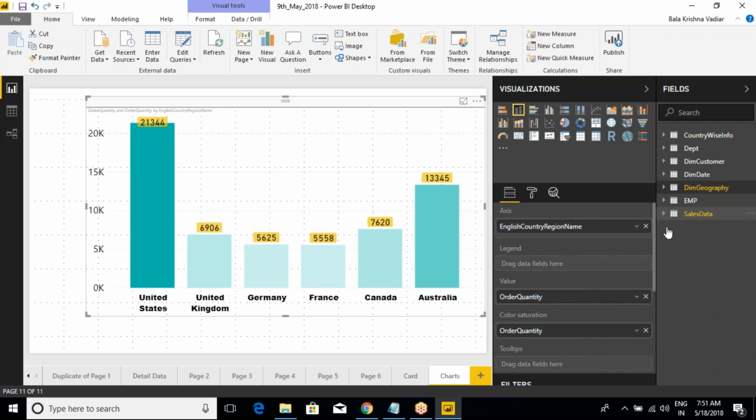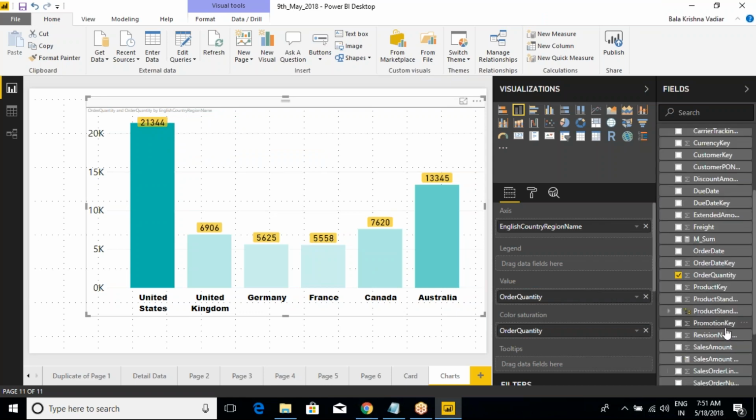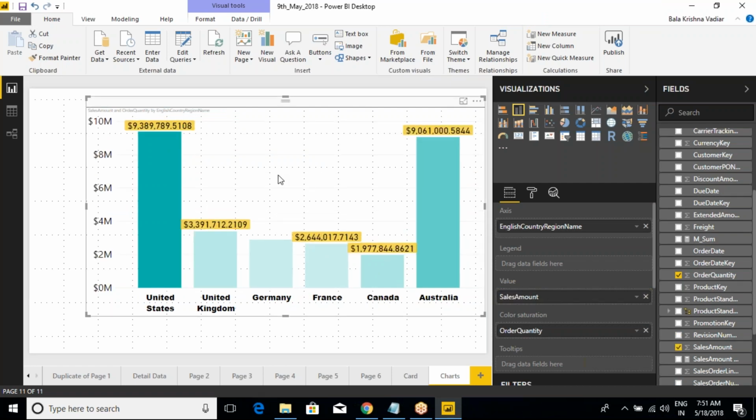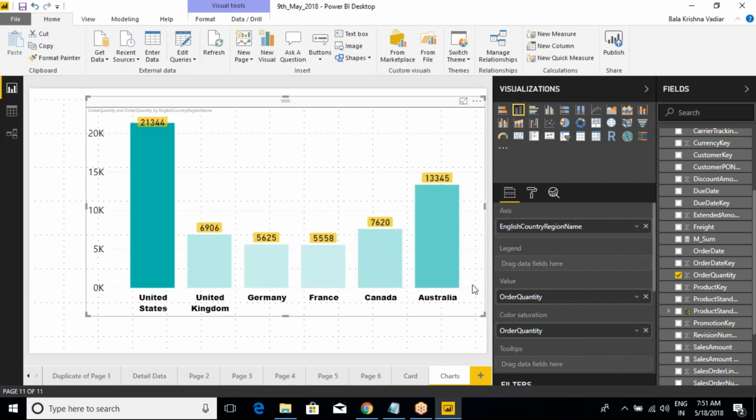For example, if you go here, I'm taking sales amount under value. See now, it is overwriting. It is not allowing. For example, if you still force it, again I'm taking order quantity once again and drag it under sales amount. See now. So which means, whenever you want to take more than one measure as a value,